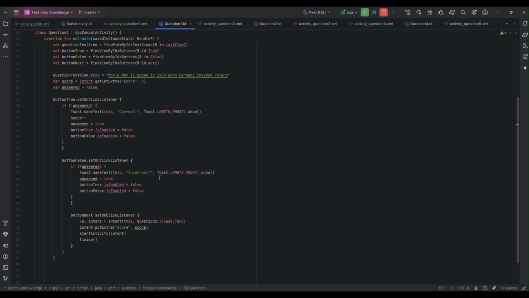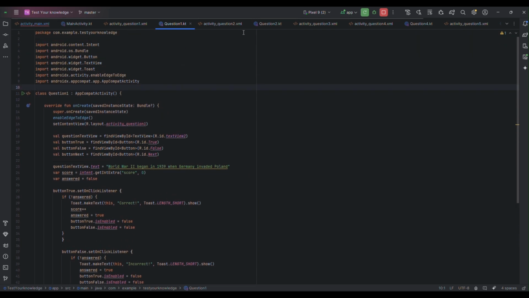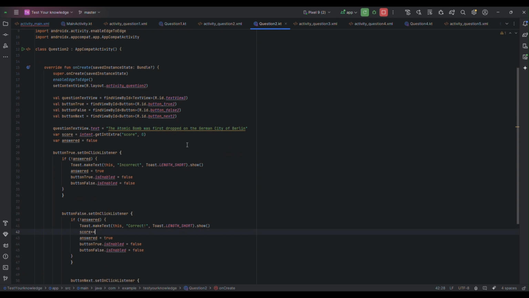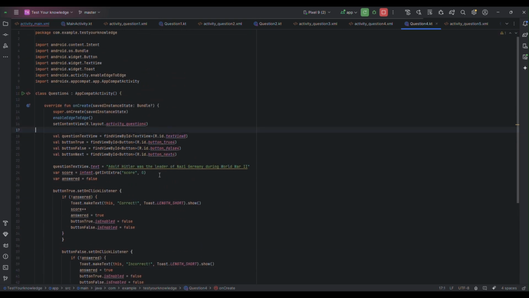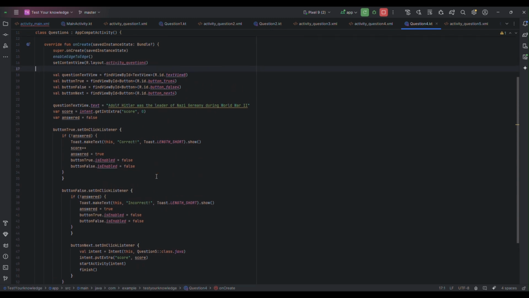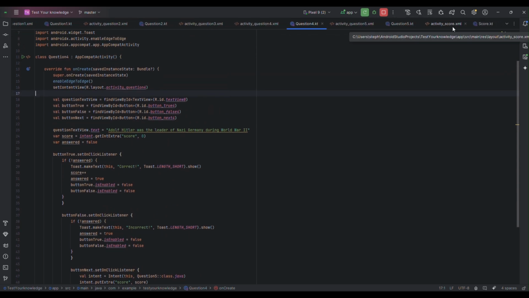Then we also have our question 2, class Java, intent put extra. So this is carrying the score to the next page, as well as soon as pressing the next button, you are closing this activity and starting the next activity. And this is all pretty much the same for all the pages. I mean, all the pages are exactly like this. The only thing to really note is,